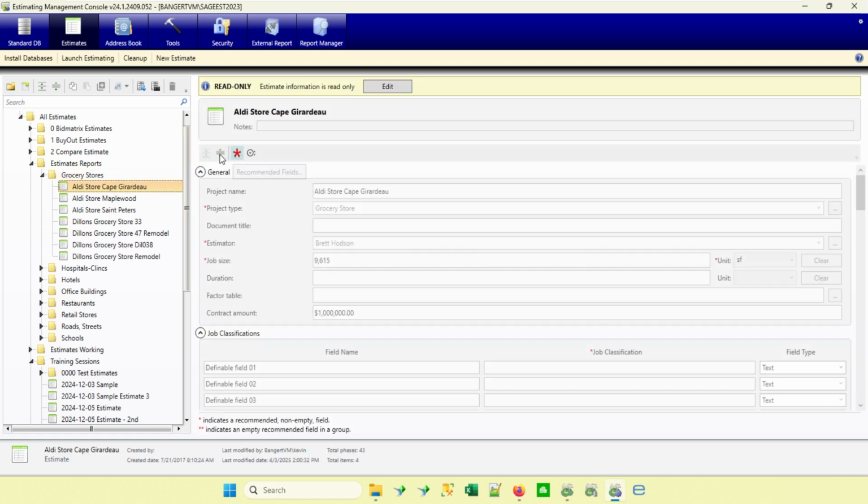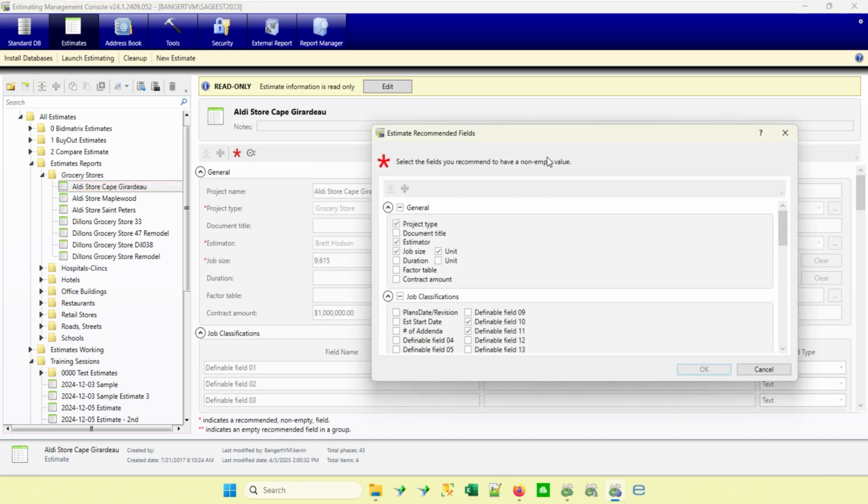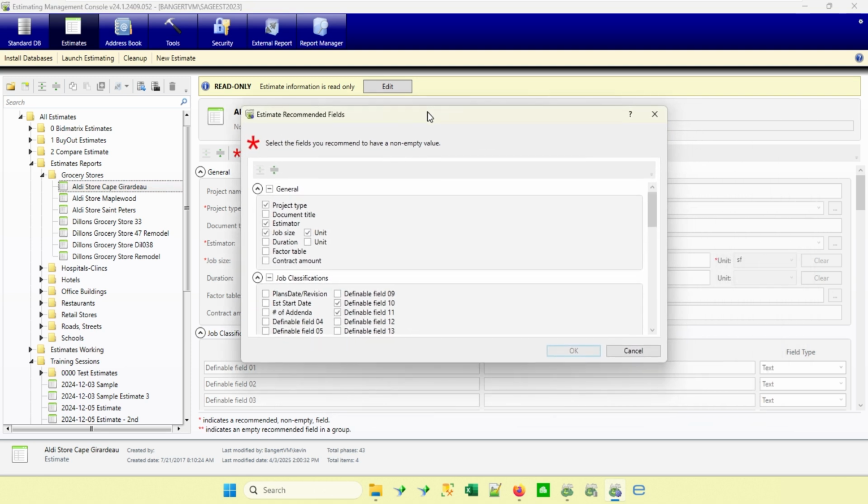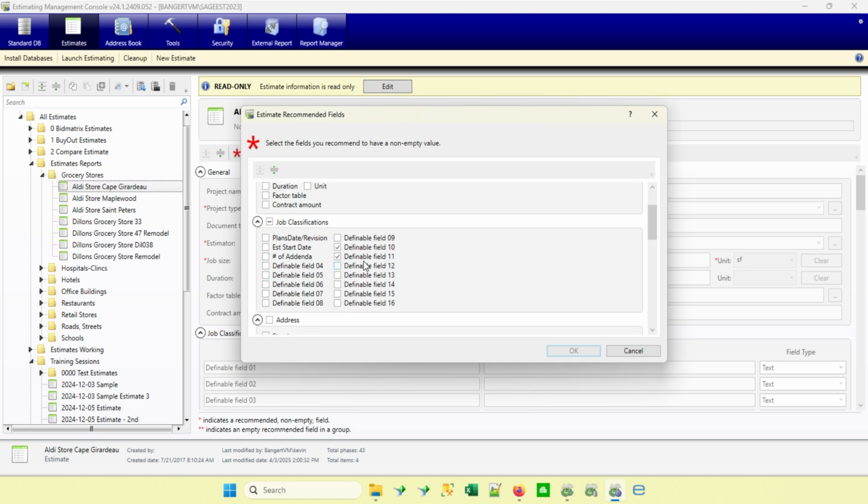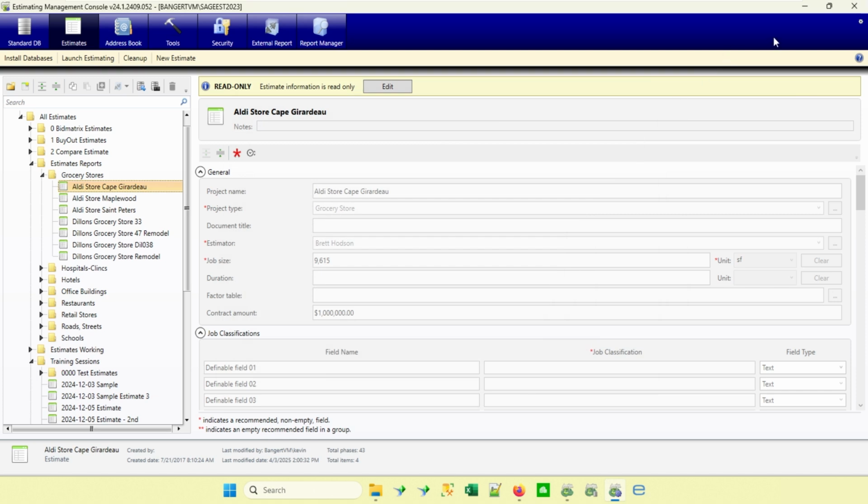is if I just look at a estimate, they've added this bar here that has this little red mark for recommended fields. So recommended fields are not necessarily required fields, they're recommended. So estimator, we recommend project type. So these key fields that I've set up that I want to basically say are things that I really want somebody to fill in, I've got them flagged as recommended fields. So what these do for you now is if you go through there and tell it what fields you think are recommended or that you really want an estimator to kind of pay attention to,